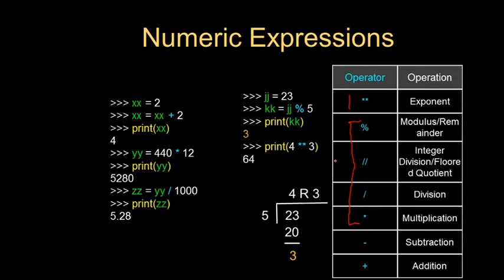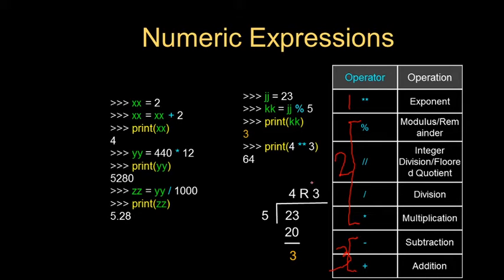That means the second highest precedence among the arithmetic operators. Then minus and plus, these 2 operators have the third highest precedence. So among the arithmetic operators, exponent has got the highest precedence, and the next precedence is given to all these 4 operators: modulus, integer division and multiplication. So now the question is, when they have the same operator precedence, then how to evaluate? Then we have to apply the second rule. That rule is called the associativity rule.